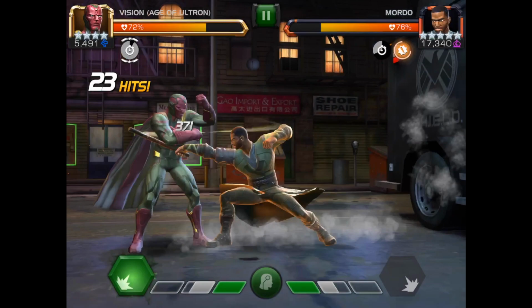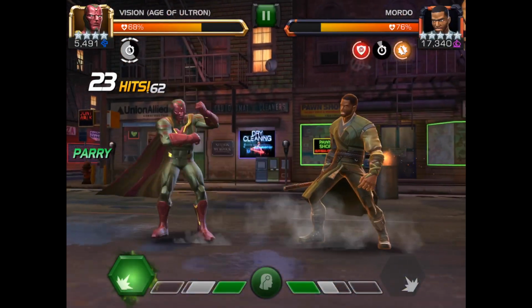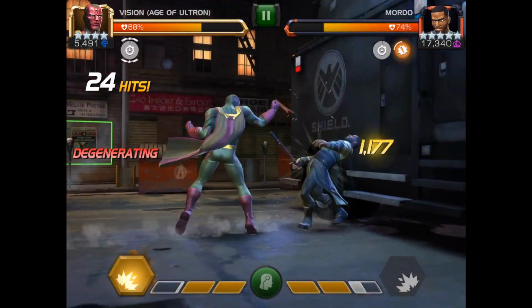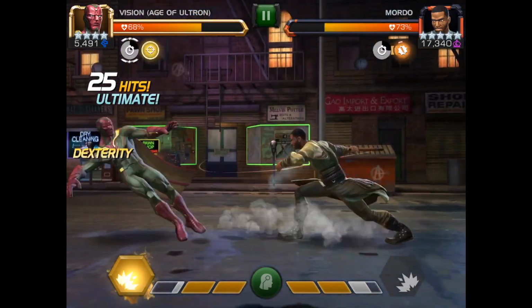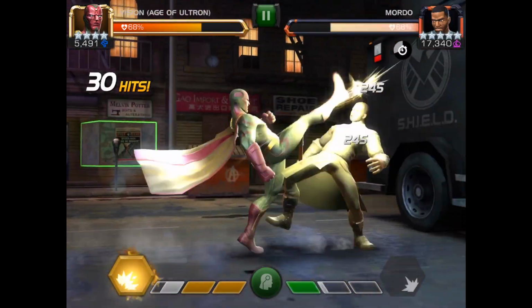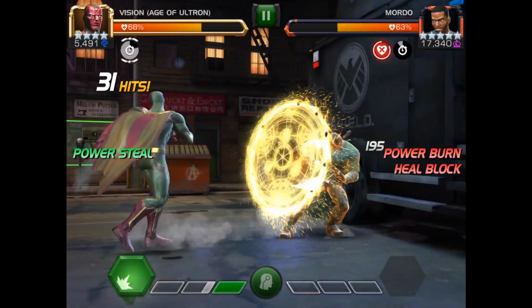After each of those, you can come back in and punch him. So one thing you'll notice in the upper right is that he has power gain on a cycle. When he has power gain right here, you can attack him with a heavy to get through his shield. The AI, for some reason with Mordo, when he gets his power gain, turns very passive, and you normally can